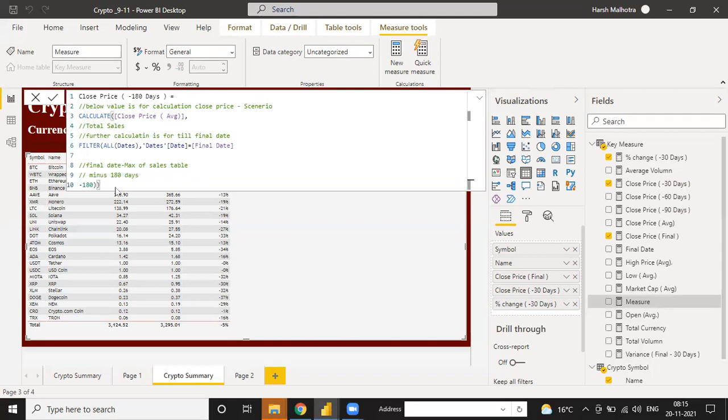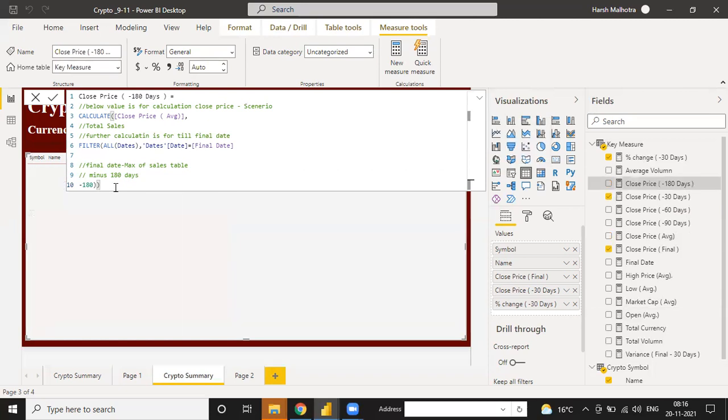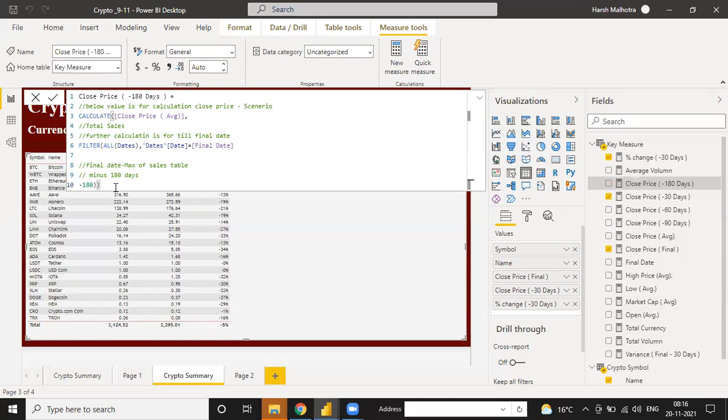Every company uses 4 to 5 comparisons, like month wise, 3 months wise, 6 months wise, and 1 year wise. Some companies also use 5 years. So for 5 years, instead of this you can use minus 180. There are many more functions which are year wise. I will tell you later what option to use for year wise in another project. Okay, so this is 180 days.